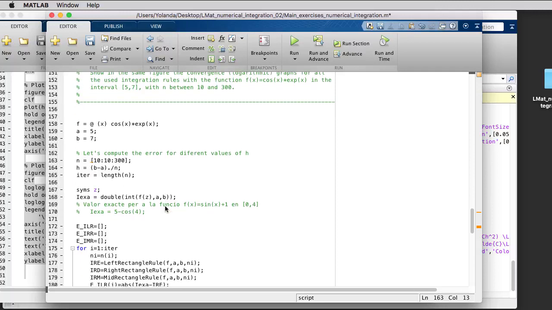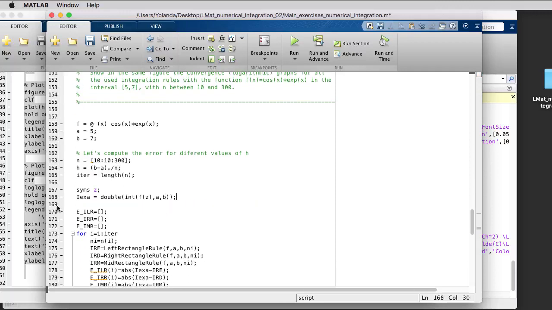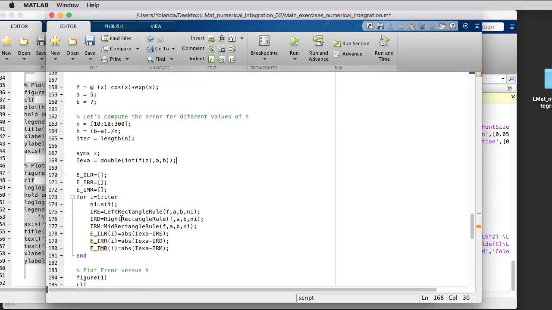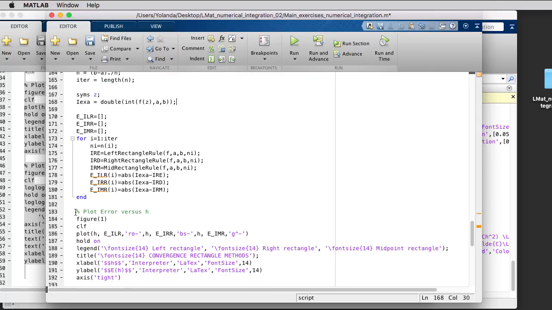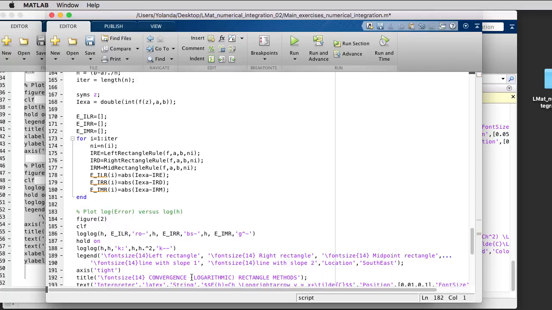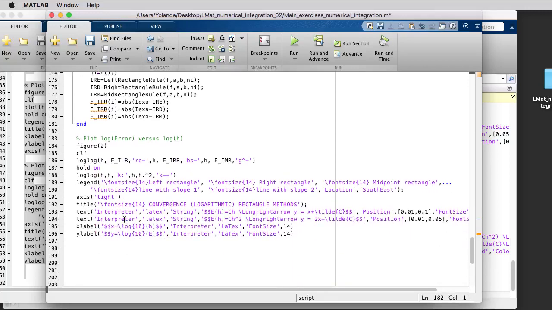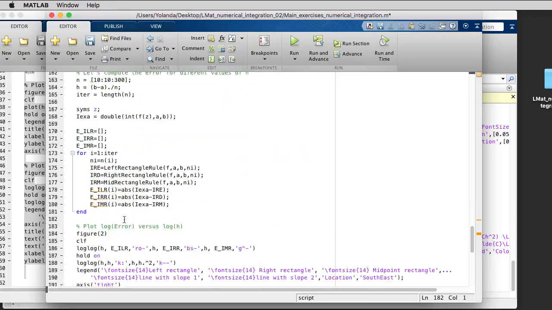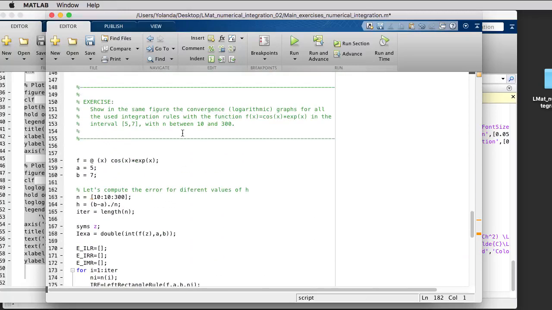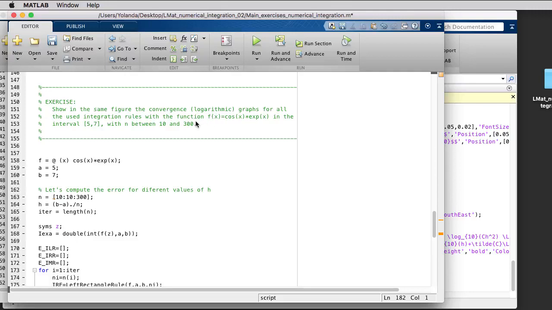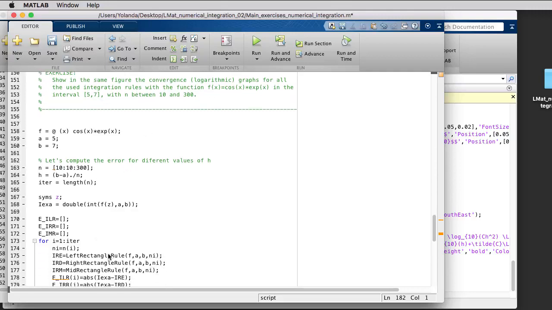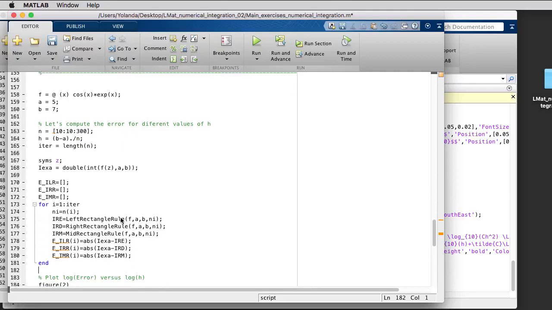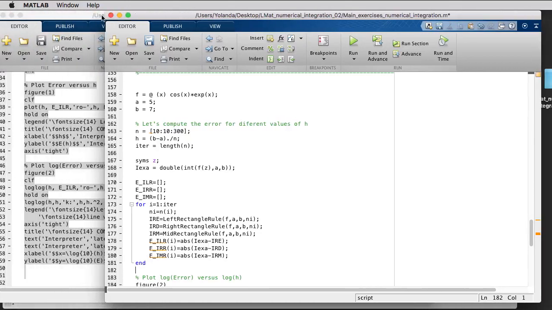And in this case, we don't need the plot of the error versus h. I will just keep the plot in logarithmic scale. Okay. But now this only contains the rectangular rules. I want to incorporate in here the trapezoidal rule and Simpson's rule. Okay. So in order to do that,